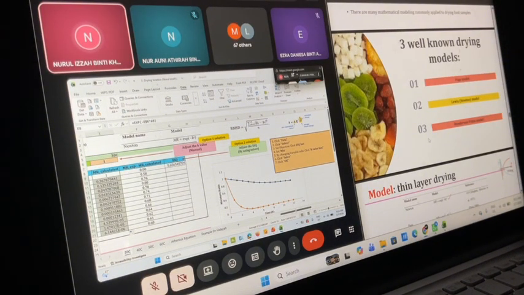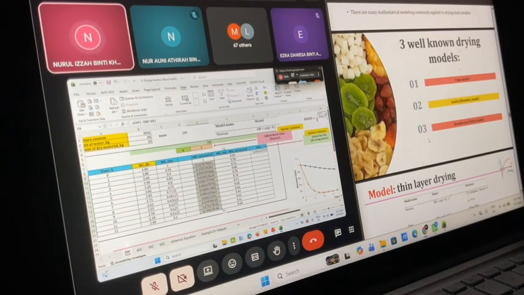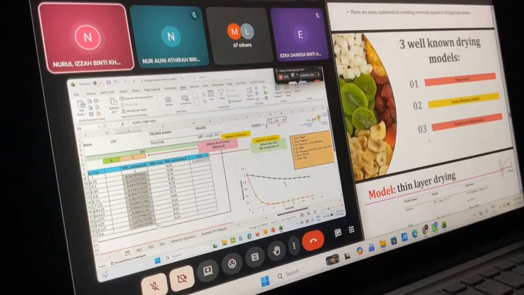But in this case, if you want to fit the model, you have to make sure that this line is nearer to this line. That's why we call it fitting the model. We want to fit this line here, the Newton's law line, to this model. How to do it is by changing the value of k. To change the value of k, you have to minimize the difference of this data, which means that you have to